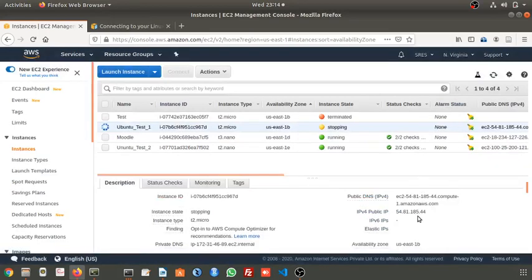The earlier IP address is 185.44, right? Now it is stopping, so it will take some time. Then I will start the same machine and check what will happen.